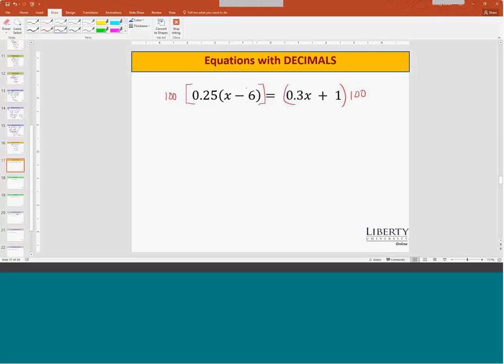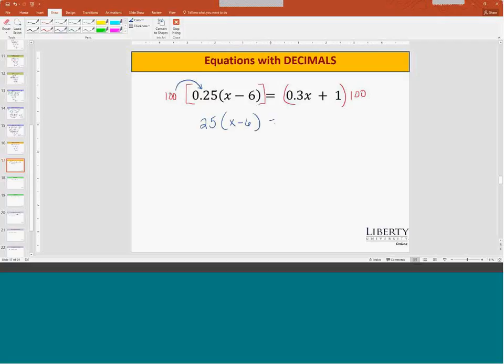So we multiply these two by 100 twice. So we need to multiply the 100 to this decimal, so eventually it's going to be distributed to what's inside of parentheses anyway. So multiplying the coefficient by 100 is going to be sufficient for me to get through